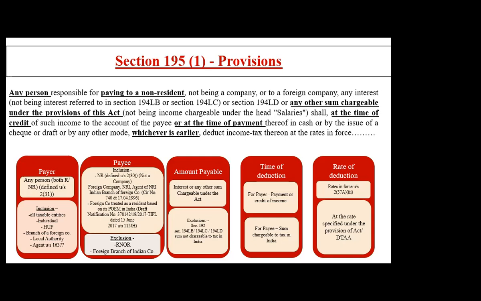Now we say, in case of accrual, if the books are maintained on the accrual basis, obviously the time of credit comes first. So we need to deduct TDS that way. In case of cash books of maintenance, then the payment comes first, then we have to deduct TDS. TDS has to be deducted at the earliest point of time. That is the position. Now they say that the payment has to be done through cheque or draft or any other mode.